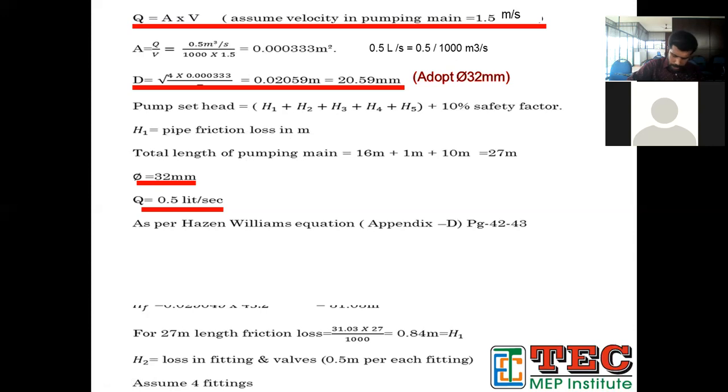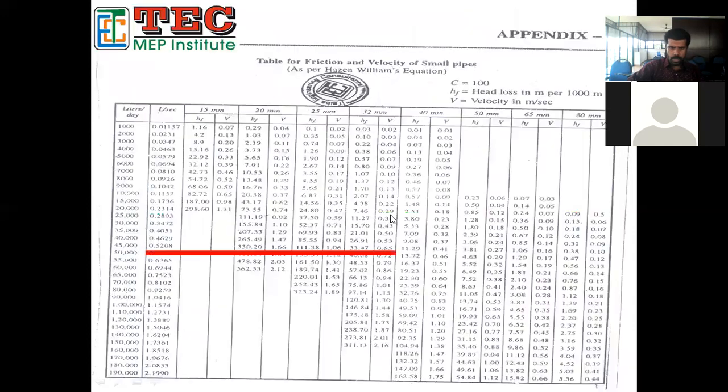So for example, how much will be the value of the suction head? Suction plus delivery, you can take how much? Take H1 as suction, and take H2 as, let me see. So suction is how much? Don't look at this value, this might be wrong. Okay, so we can do it by our own method.